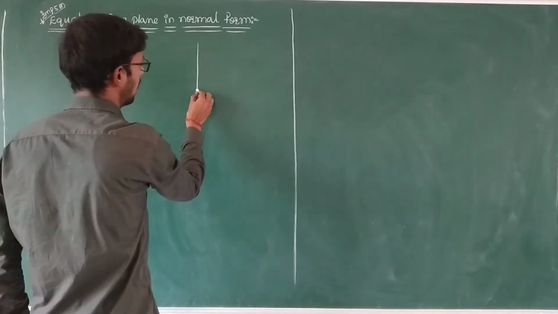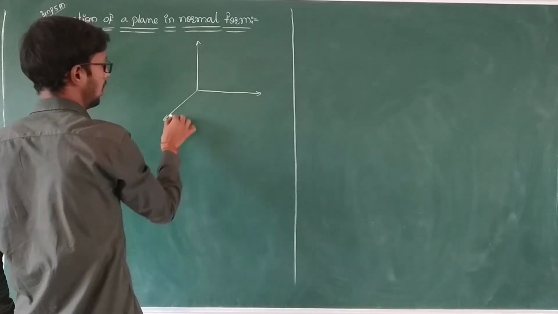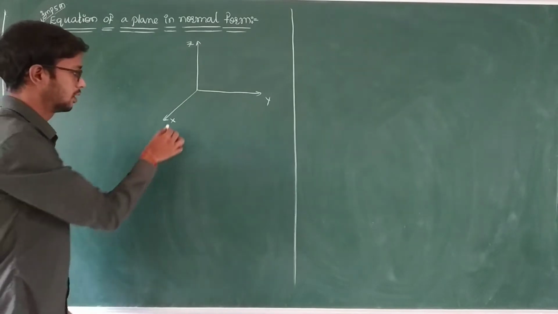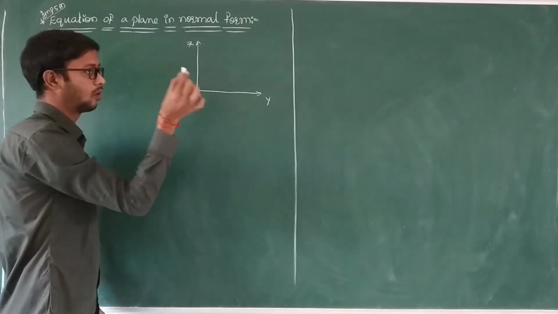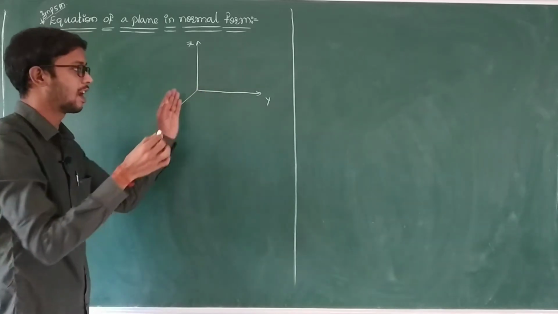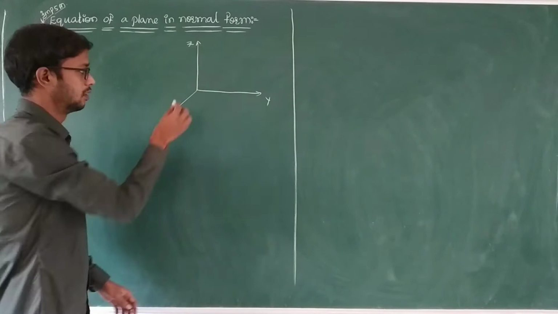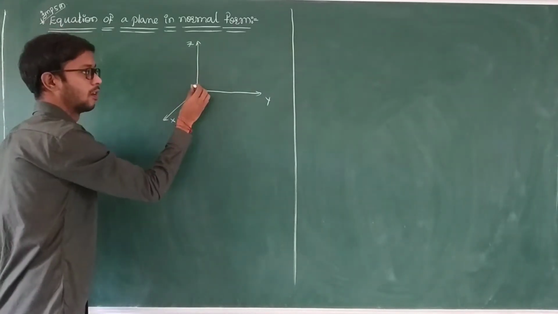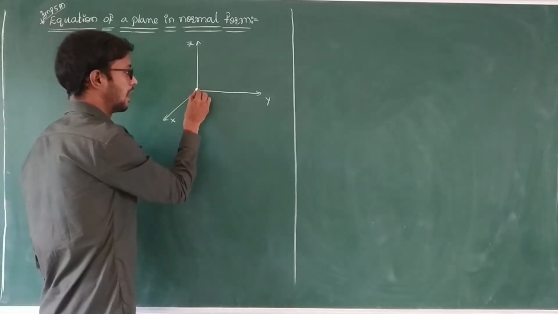We have to take a right-handed rectangular system with x-axis, y-axis, z-axis. Starting answers we are telling this x-axis is actually outside of the board. We can't draw it here, so just for imagination purposes we make this the x-axis. This is actually like this. This is perpendicular for x, y and z. This is the origin.